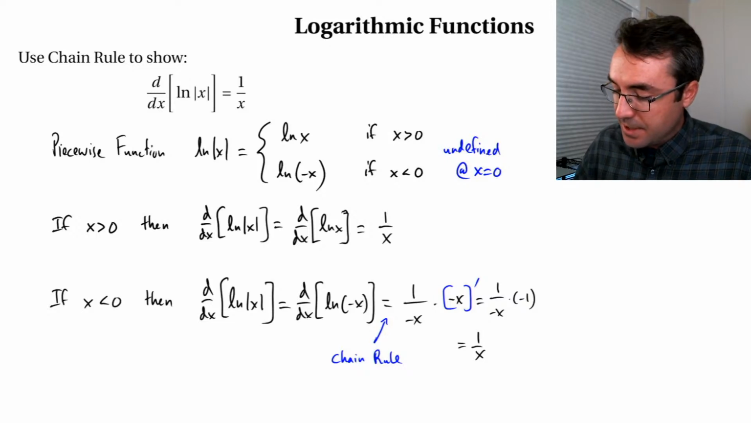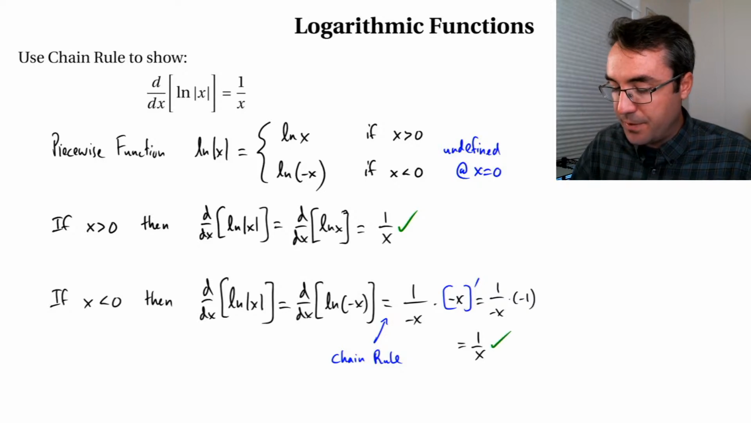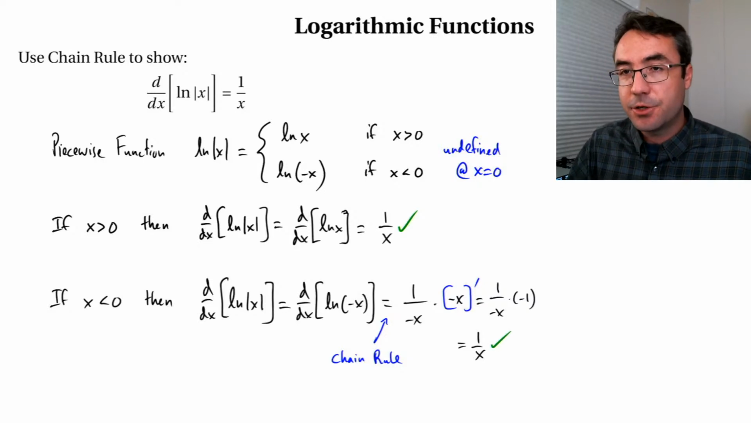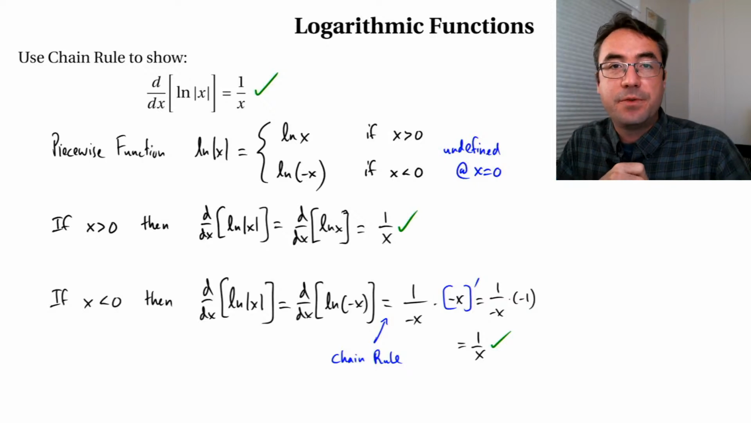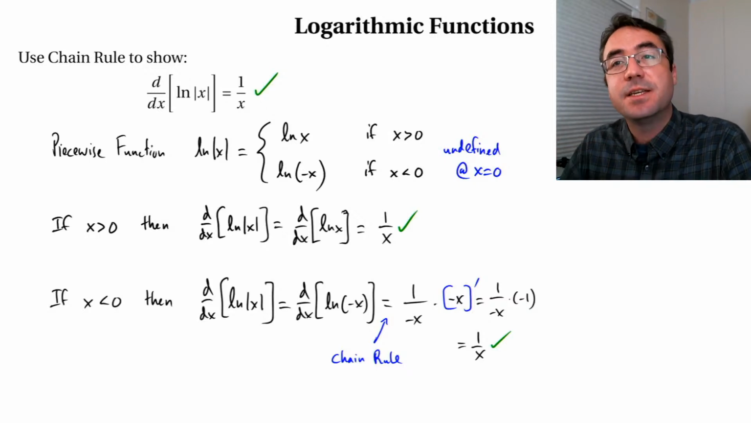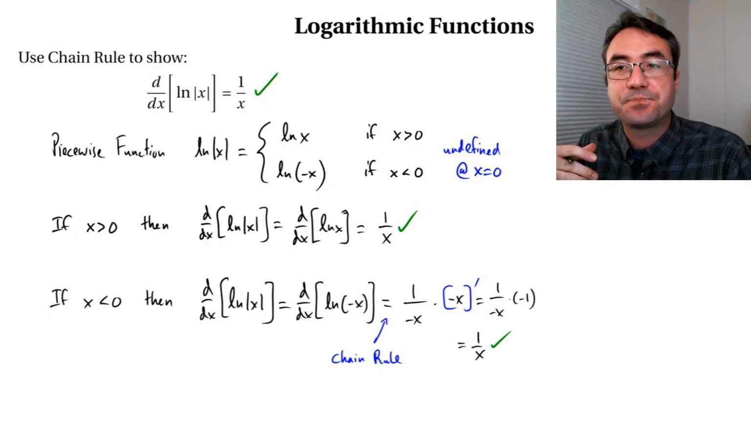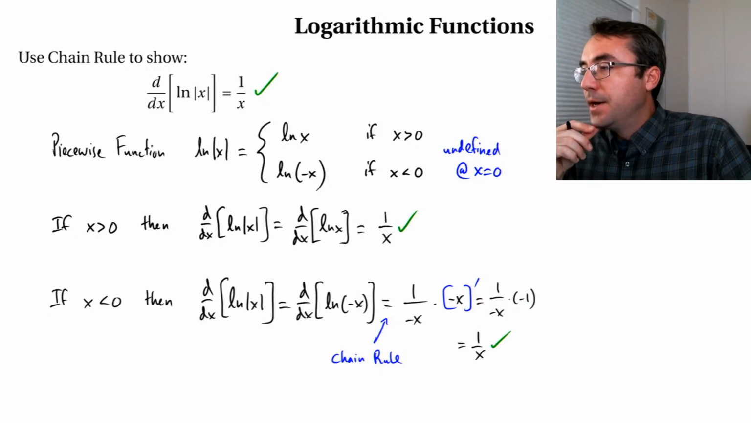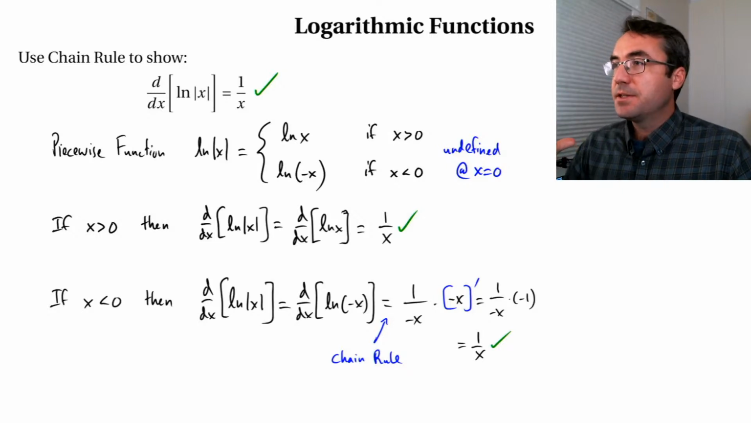So that gives us the same result here for both of these. So putting those together shows that the derivative of the absolute value of the natural log of the absolute value of x is also 1 over x. All right, so we'll stop with